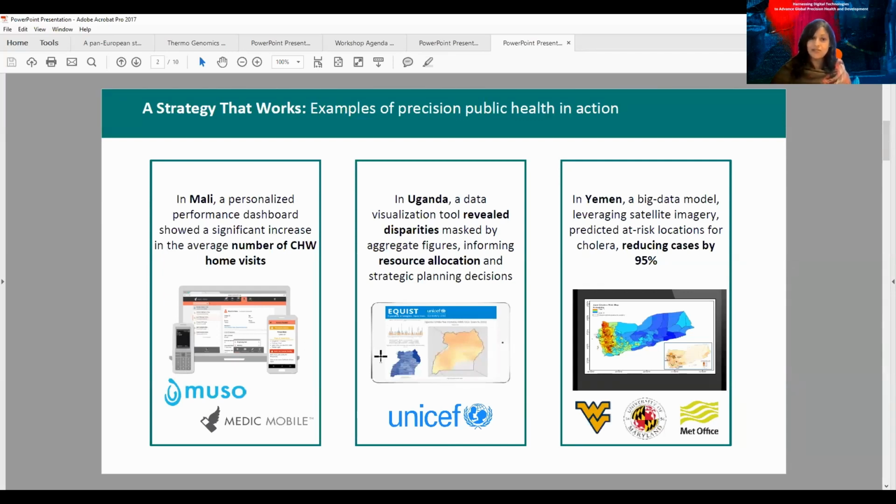categories of technology. We had the frontline technologies, and the example that I want to show you here is the personalized frontline tools that are fairly common in most of the world with community health workers, that allow them to understand who their clients are, what the key challenges are within the catchment area, as well as allow them to do more periphery analysis and understand workflow modalities in a more